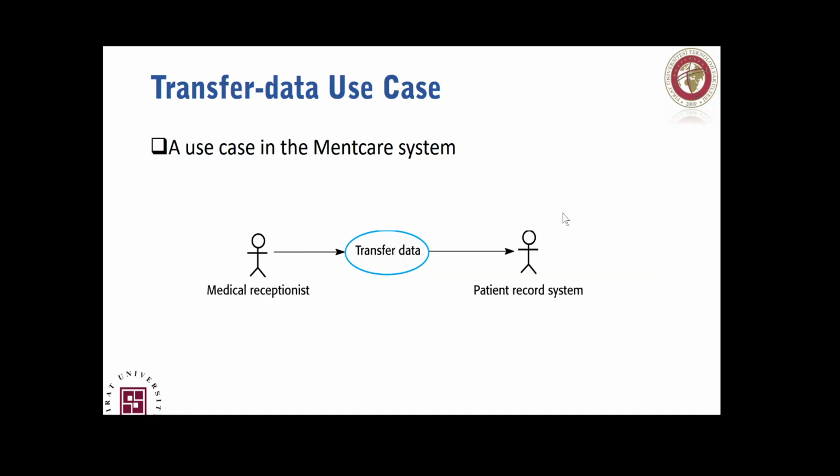Well, this is as simple as it is. Just an actor with this stick figure symbolizing a human being. It doesn't mean that it is always a human being, as you see here. It's not, but it's just symbolizing an actor and then an action and the movement of the data transfer, the movement of the procedure that we have. Okay, this is not clear enough. Well, I may understand it, but I may not have the full visualization of this scenario. Now look at the tabulated